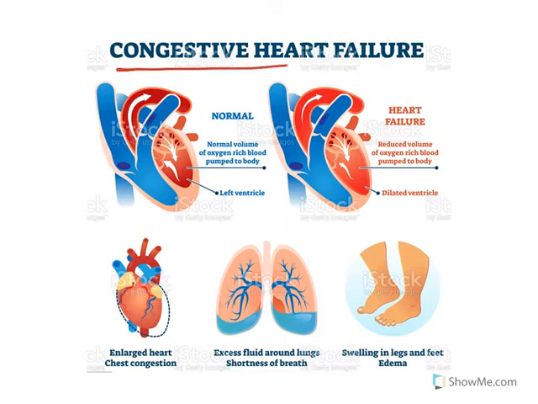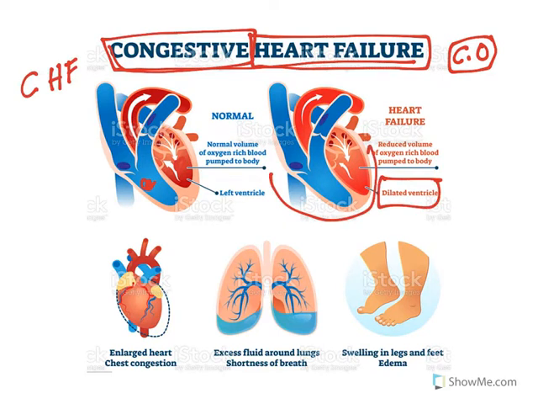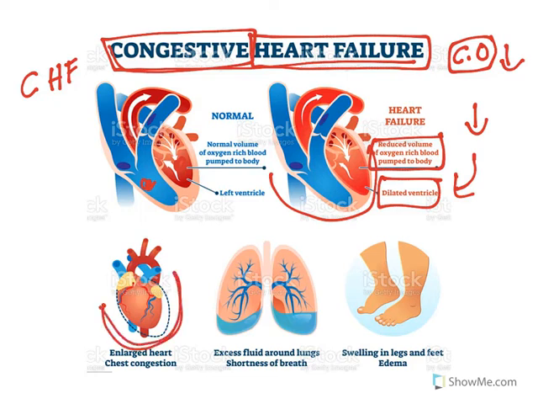Now, congestive heart failure, as the word indicates, means the heart has failed to pump and the cardiac output is reduced. Cardiac output means the amount of blood which comes out of the heart. Because of this, blood pools inside the heart, and that is what results in congestion of the heart. Collectively, it is known as congestive heart failure. And that results in dilated ventricles, and the amount of blood which comes out of the heart is also reduced. Cardiac output is reduced and ventricular dilation is there. So this is how it looks, an enlarged heart.